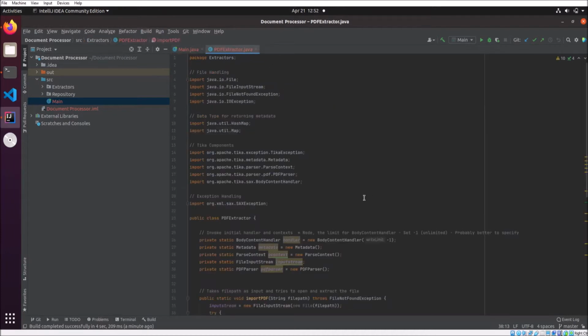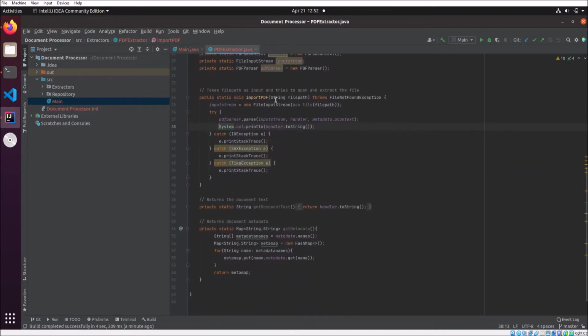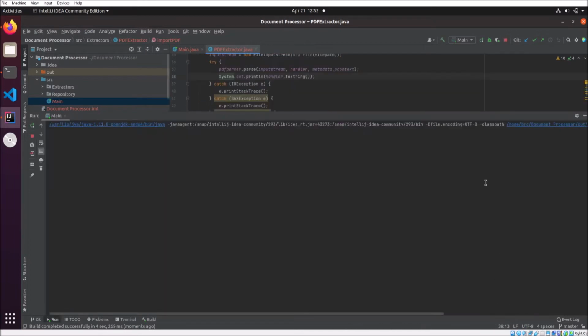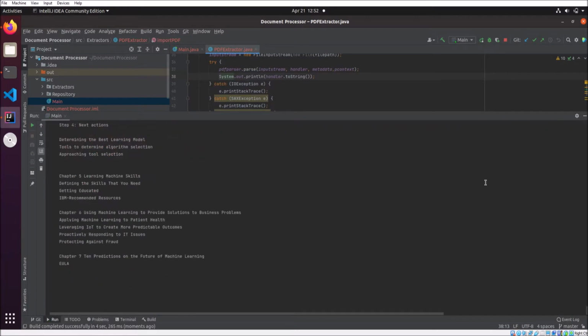So if you remember, we had our main class and that called a PDF Extractor, and that extractor had a couple of different methods in it. The import PDF method just started grabbing the document, parsed it out into the independent elements, and then we dealt with the content and the metadata. Now last time, if you recall, we just printed out the content string, so we'll go ahead and see that here. So what we're going to do though is we're going to modify this program a little bit, and we're